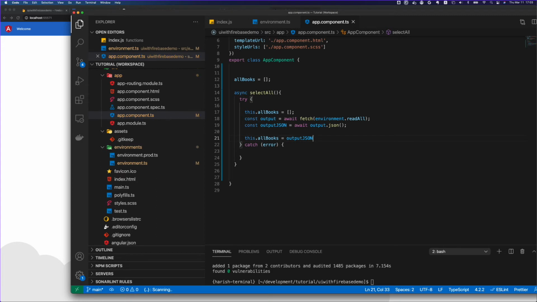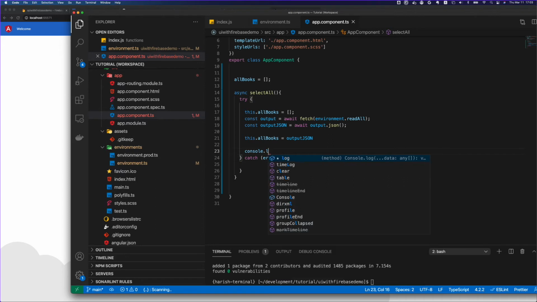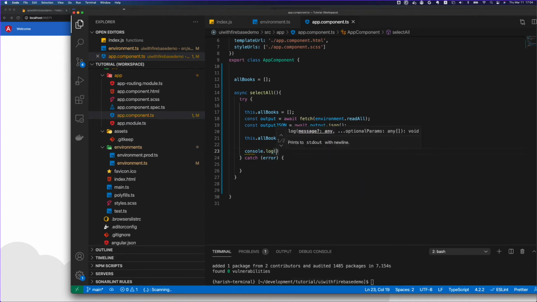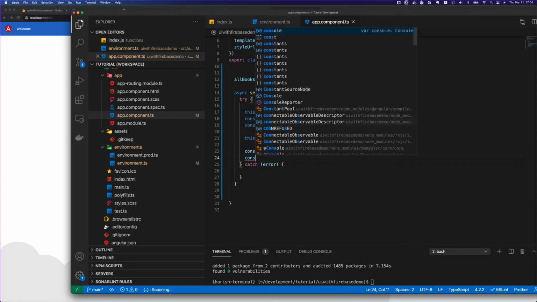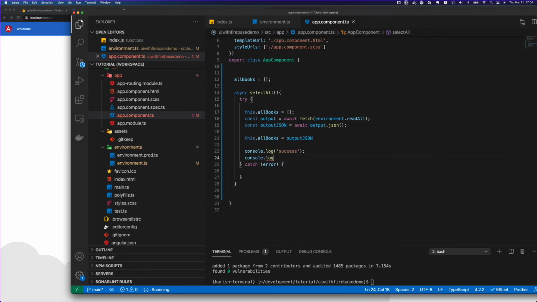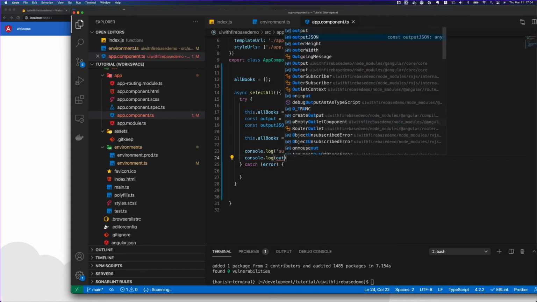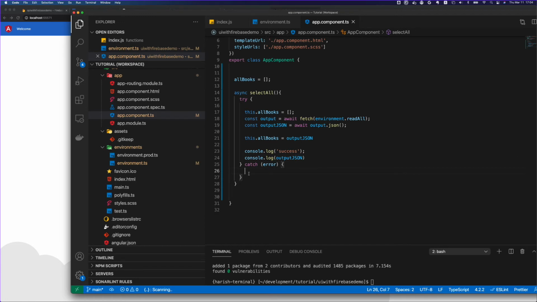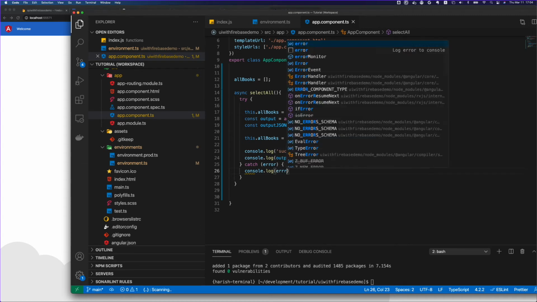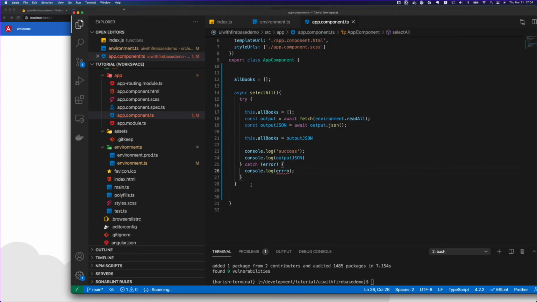Okay, so let's do some console logging, so that as we run it, we will see what information we are getting. Success, and then do console.log, and let's print out output JSON. And for any error, let's do console.log error.